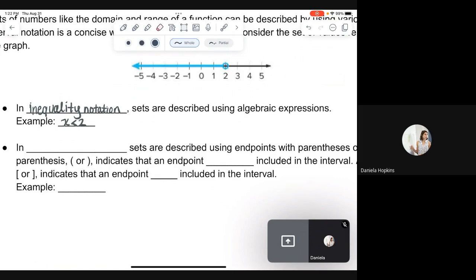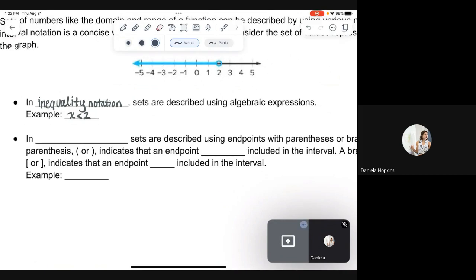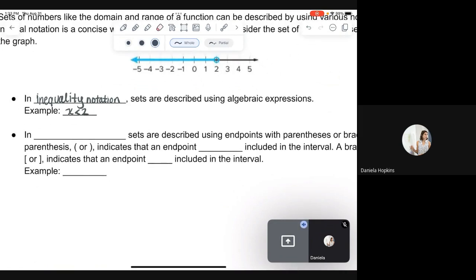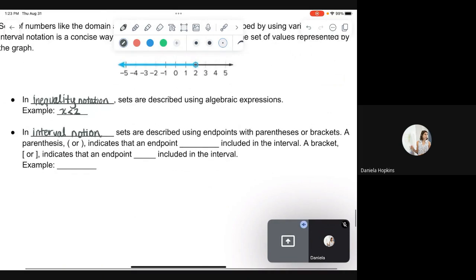All right, now that notation is fine, but interval notation is kind of cooler, in my opinion. In interval notation, sets are described using endpoints with parentheses or brackets. So a parenthesis, this way or that way, indicates that an endpoint is not included in the interval. A bracket, which is like the square parentheses, indicates that an endpoint is included